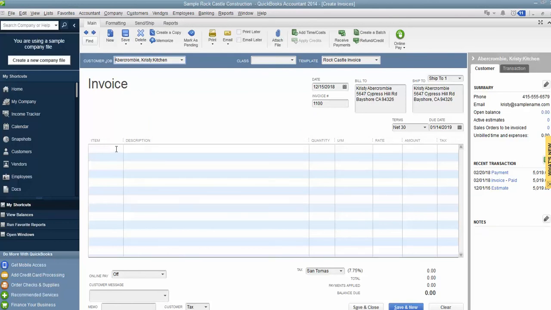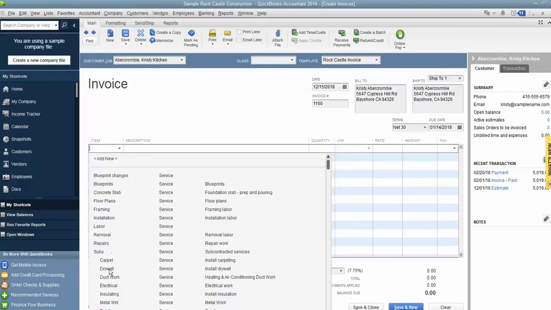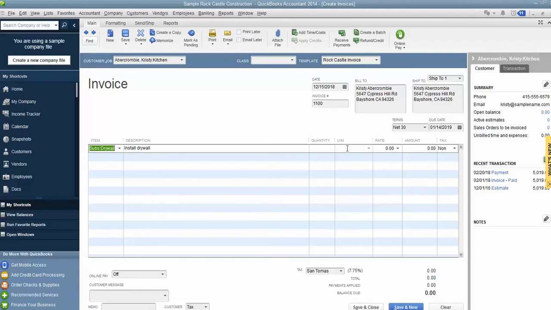So if we're creating an invoice for this company, you click on the item, and if you were to come down to the drywall, which is the item that we just affected, and select that, and I create an invoice, let's say we're going to do a quantity of 1,000 for $50 a piece. And notice that this is in 12/15/2018. If I hit save and close,